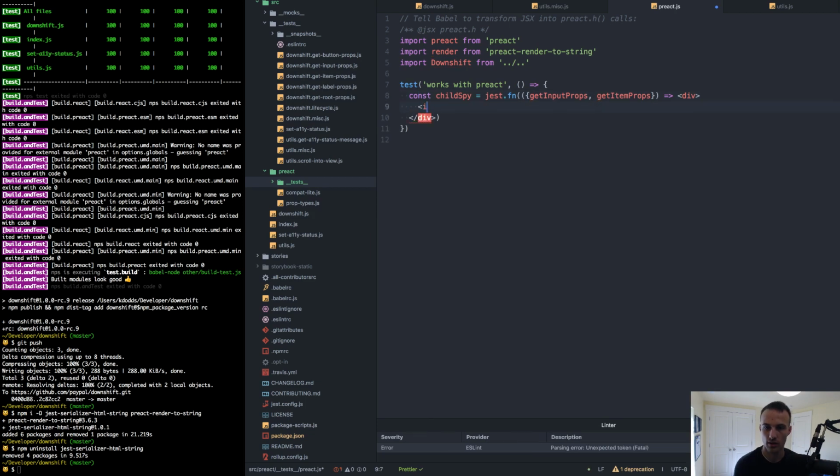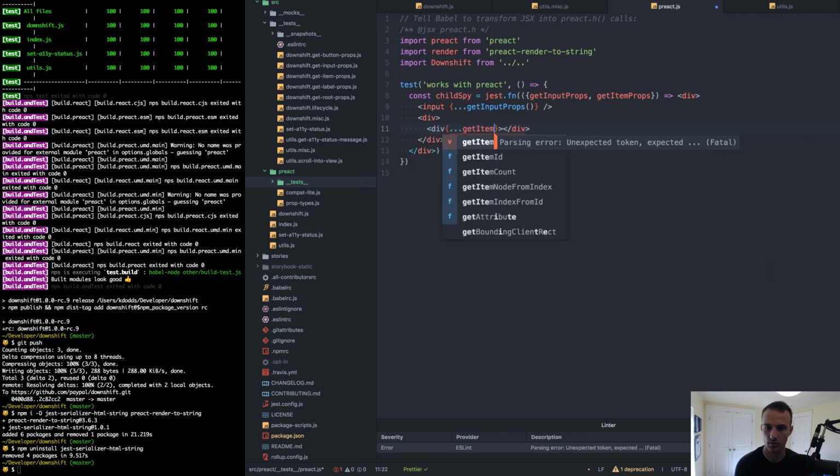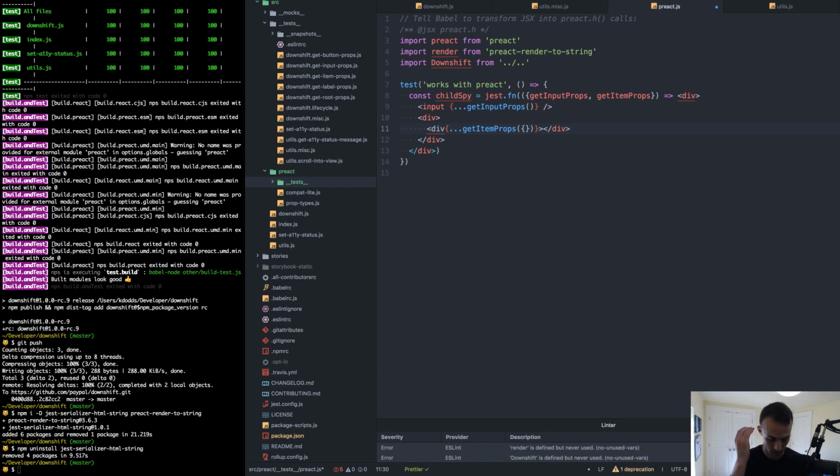We'll have input, get input props, and div, get item props. Index. Okay. To bar, and then we'll